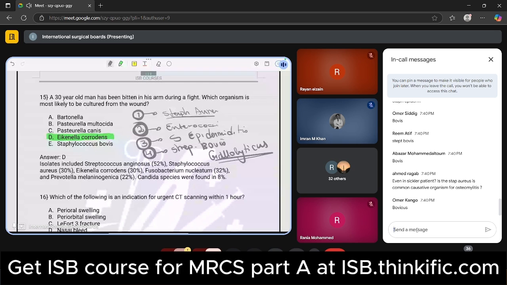Dr. Ahmed said Stickler syndrome. Dr. Ahmed, Stickler syndrome is not related to osteomyelitis. Stickler syndrome is a genetic connective tissue disease, related to mutations in collagen genes. The patient presents with mid-face hypoplasia, micrognathia, severe myopia, conductive hearing loss, hypermobile joints and scoliosis, right? So Stickler syndrome is not related at all to osteomyelitis. I think he asked about sickler patients,